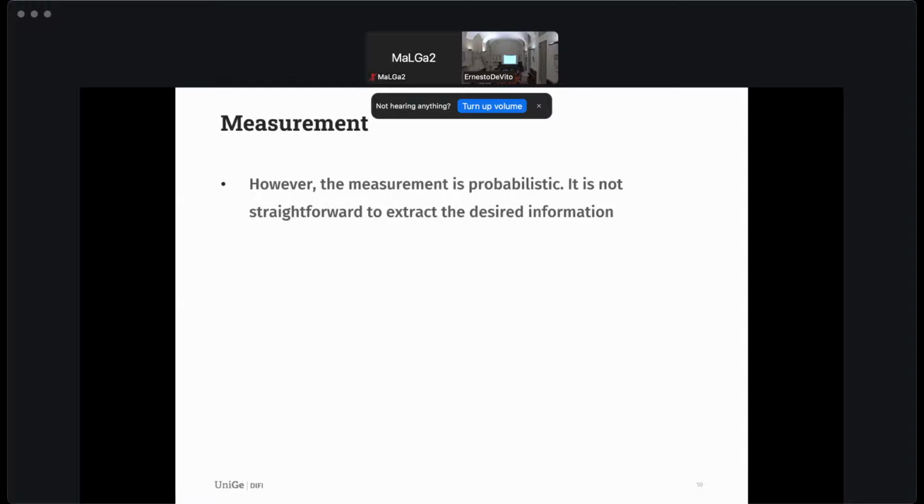You are processing the information at once, but the problem is in extracting information, because extraction of information in quantum mechanics is probabilistic. So it is very hard to extract the correct information if you want to solve the problem you are interested in. And to clarify this point,